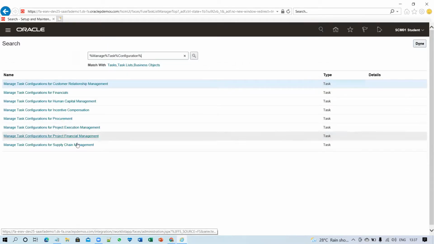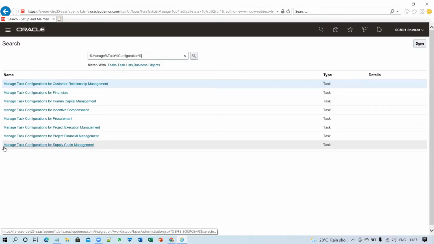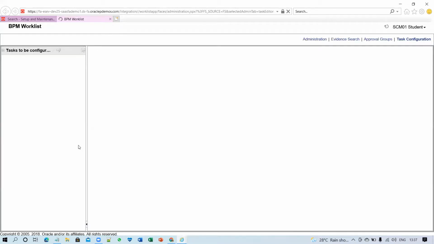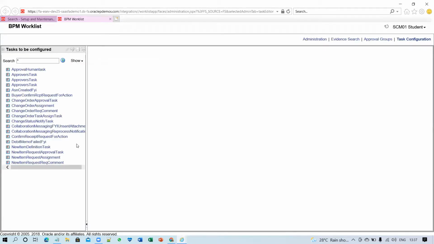Now once you click on search, you have to choose the task name called manage task configurations for supply chain management, where we define the rule for the e-records.